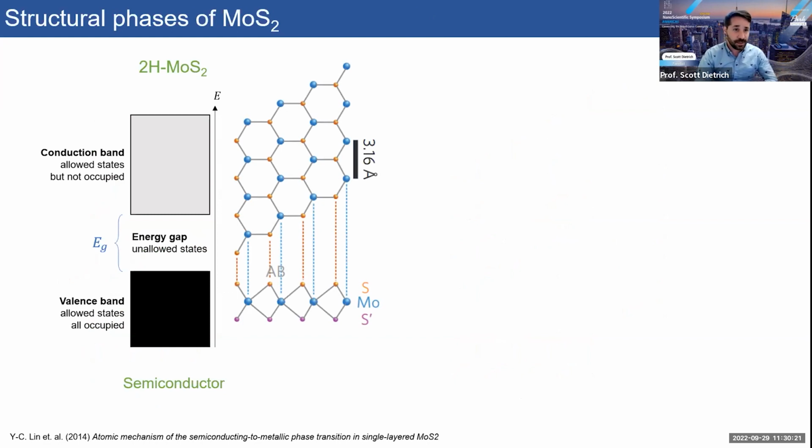In its natural phase, it's an intrinsic semiconductor, which means it has an energy gap that separates its conduction band and valence band. In this 2H structural phase, we have the sulfur atoms on the upper layer exactly mirroring the position of the sulfur atoms in the lower layer. And the band gap is around 1 eV, so it's not a great insulator, but it does